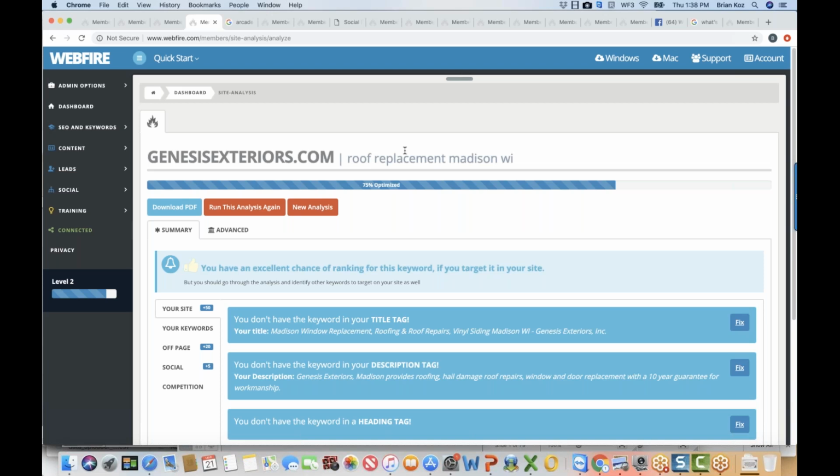When these hailstorms happen, everyone is searching online for a roofing business, because there's damage that needs to be fixed, but also, in the case of mine and a lot of others, it's free. Insurance is paying for all that. So of course, everyone's looking for the same work at the same time. And if you're not on page one, especially at the very top of page one, you're missing out on a lot of leads.